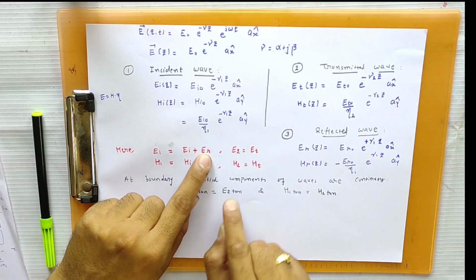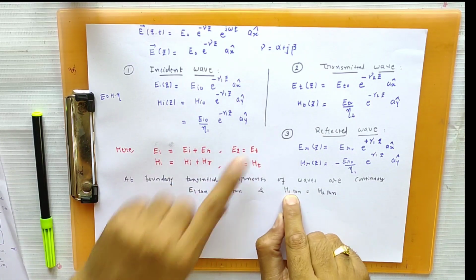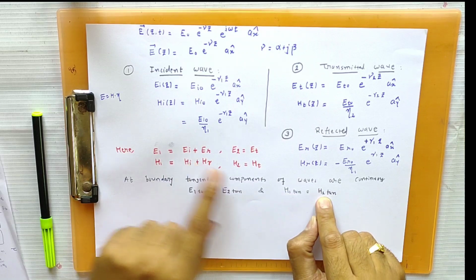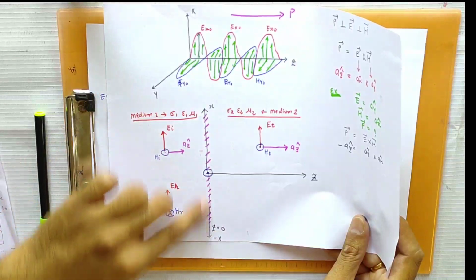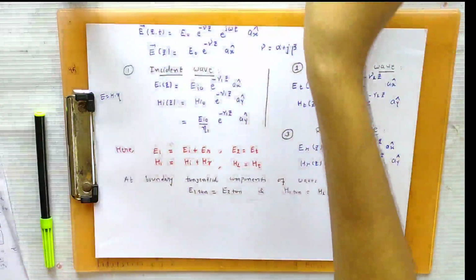E1 is EI plus ER. What is E2? It is ET. What is H1? HI plus HR. And what is H2? It is HT at this boundary. Okay, so